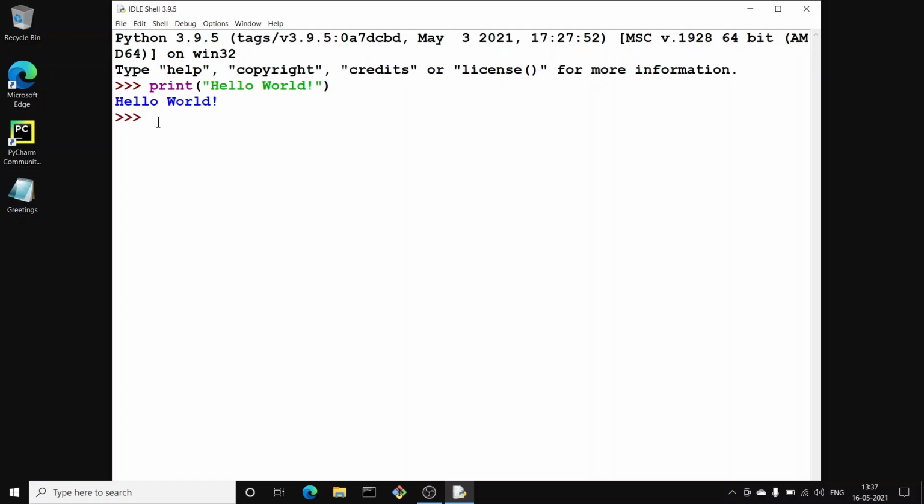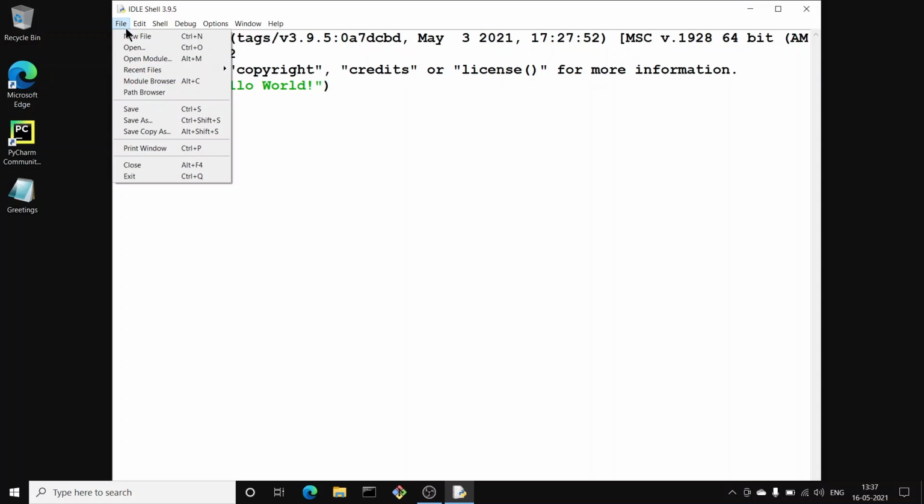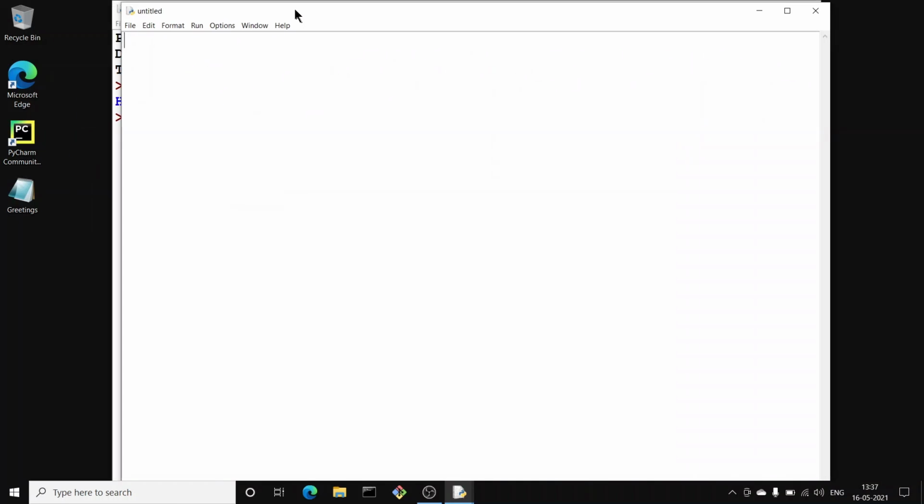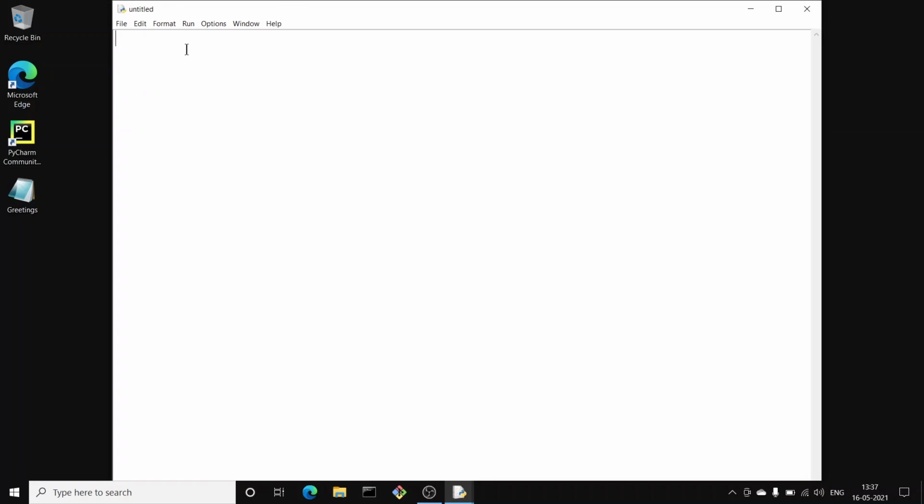So like that, how you can do is you can just go to your file, click on new file. The shortcut is Ctrl N. So this is how it will give us a new file. Here you can write the code as well. Let me write print